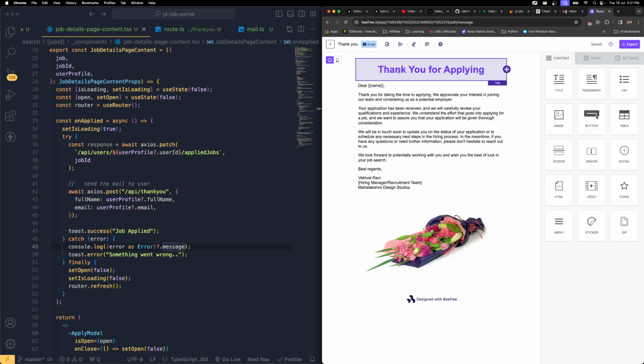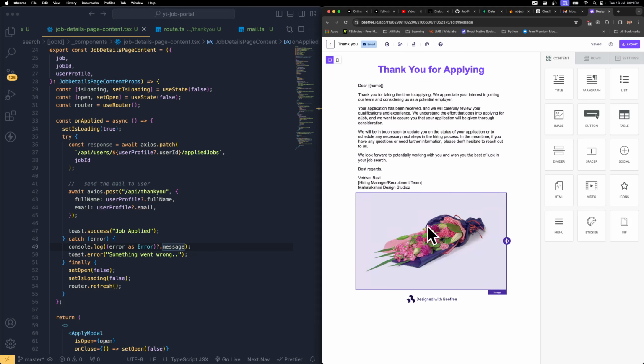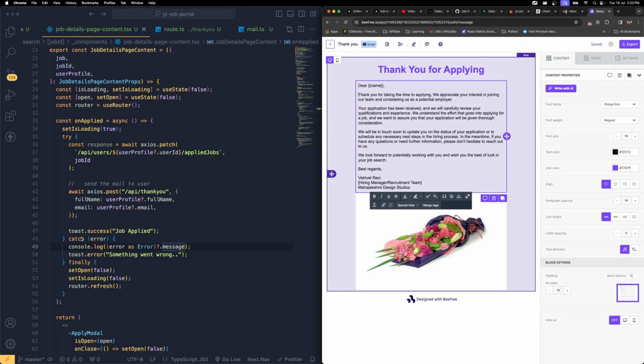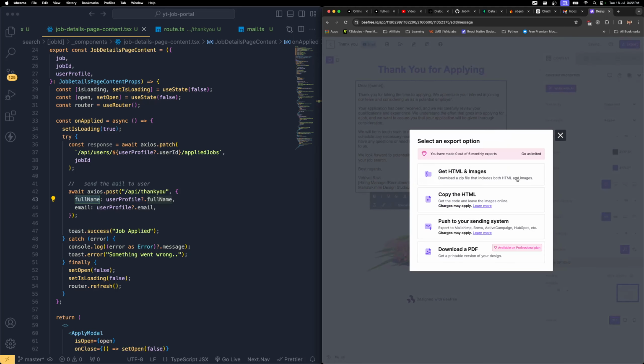Okay, and you can see we have this name and the text and everything, and this image, and over here we have this placeholder. The purpose of this placeholder is that we installed the package called Handlebars. Handlebars is going to get this full name from the API and display it over here. Once you've successfully done that, you can export this and download it,